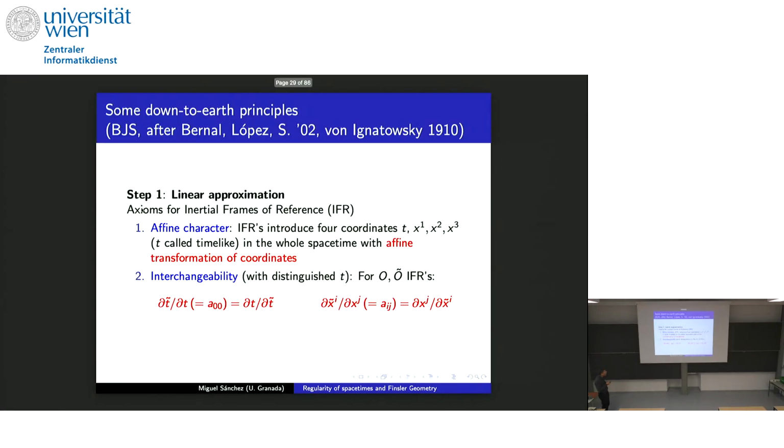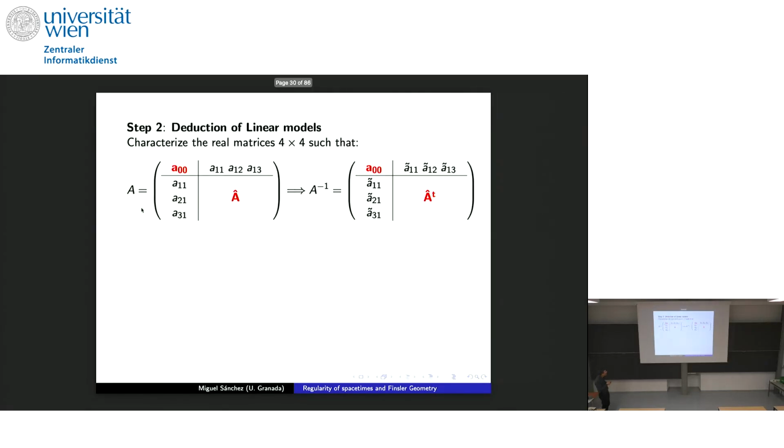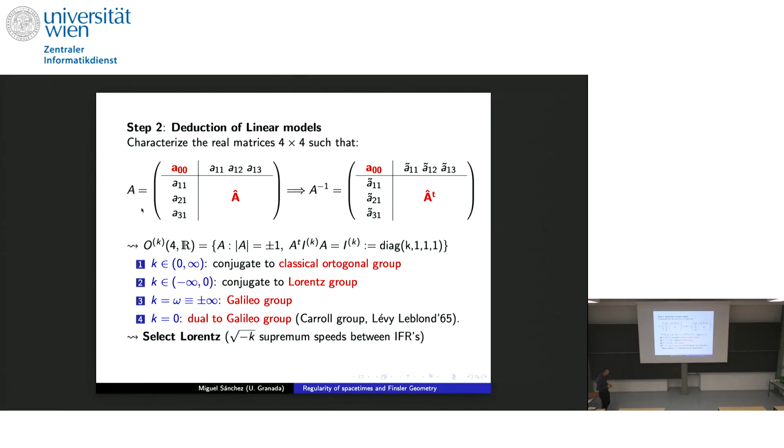Because of the previous axioms of interchangeability, this matrix must satisfy these properties, the matrix and the inverse. Here we must have the same element as here, and here the transpose as here. So if one makes computations, computing all the matrices satisfying these properties, one obtains a series of groups which depends